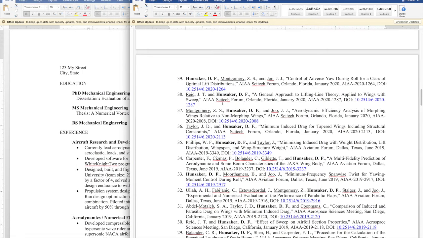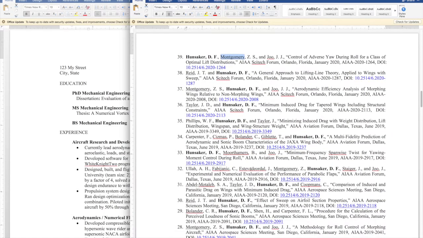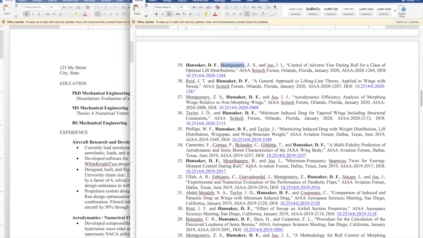Now, one thing you can use is bold and underline. Notice I have some things underlined, some things bolded, and then I also have hyperlinks in here. Chances are really good that whoever's reviewing your resume will be looking at this on a computer and can click on a hyperlink. And maybe you want that to take them to a YouTube video of a project that you worked on, or a web page that you designed, or something like that. In this particular example, these are links to papers, so they can click on them and go right there and see the paper. I've used bold and underline to set certain things out so that they catch their eye and they can quickly get the information out of the resume that they're looking for.